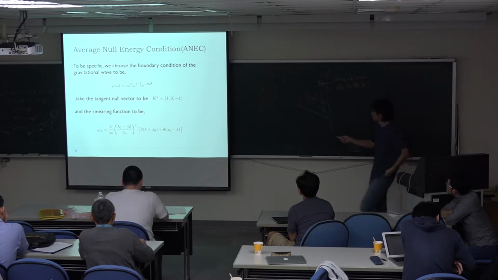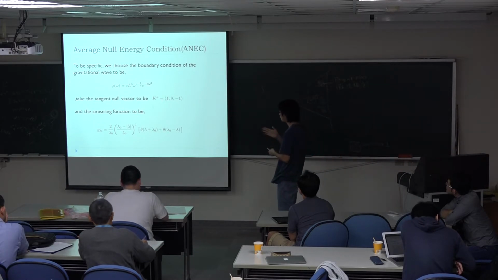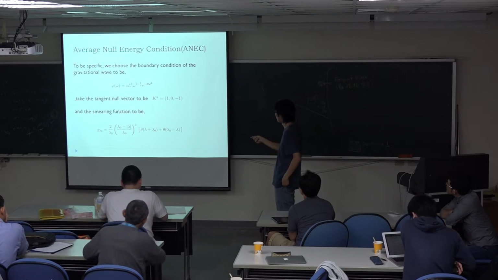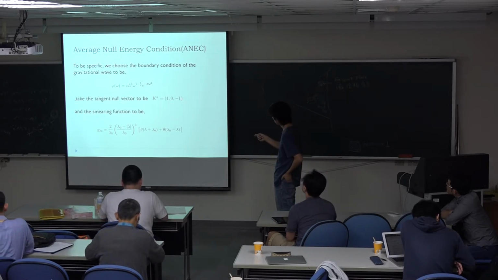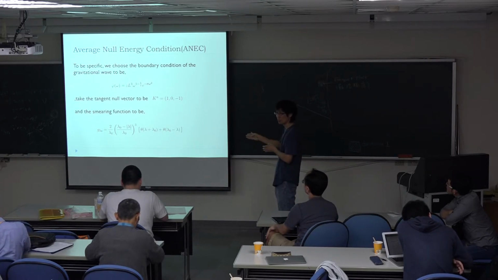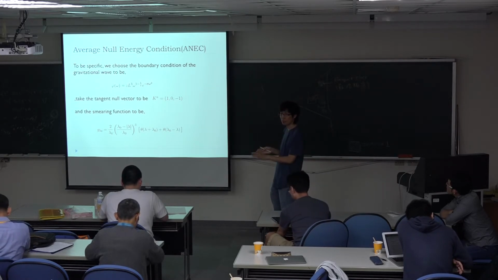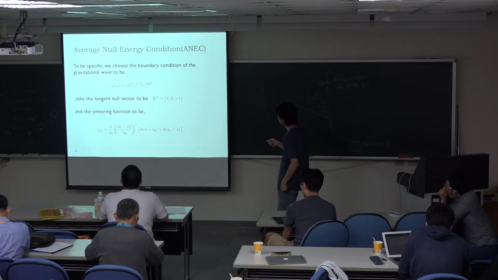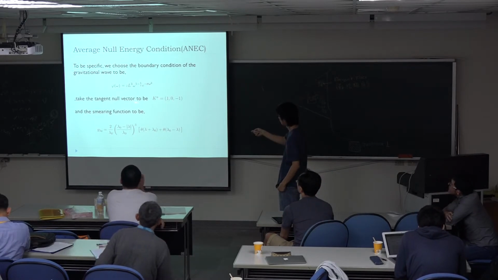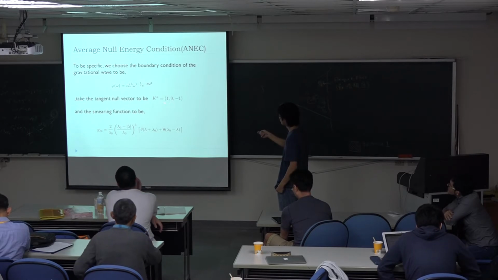Okay, so we choose the null-like geodesic to be in the 0-2 direction. So we are considering AdS/CFT, so the boundary theory is in 2+1 dimensions. So we just choose a particular null vector. Then